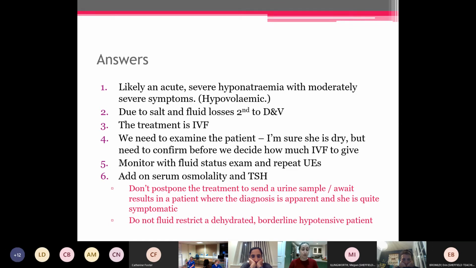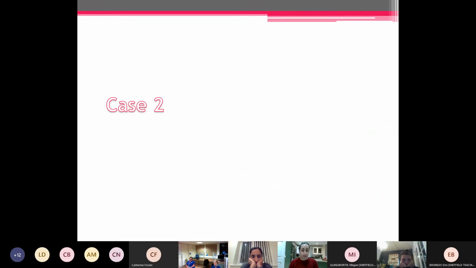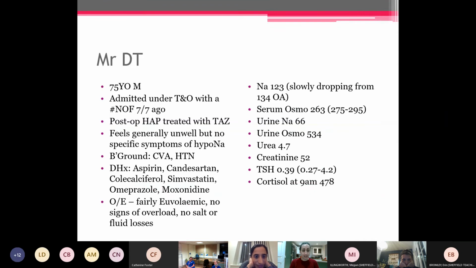I know that's really obvious, but you would be surprised how often patients get just randomly fluid restricted because of hyponatremia. Okay, next. So this is a 75-year-old male who was admitted under trauma and orthopedics with a NOF a